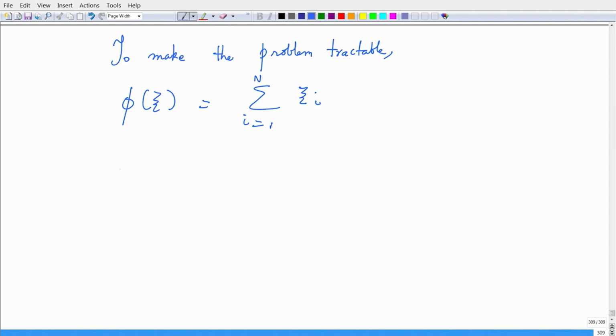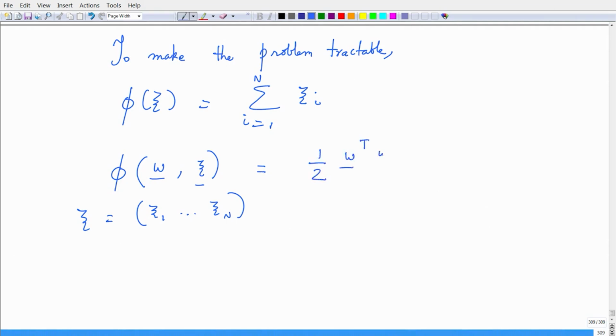Therefore, I can formulate my Lagrangian that comprises my weight vector and these slack variables zeta. I would call this a vector that comprises zeta 1 so on till zeta n. This is half W transpose W, which is my objective function,